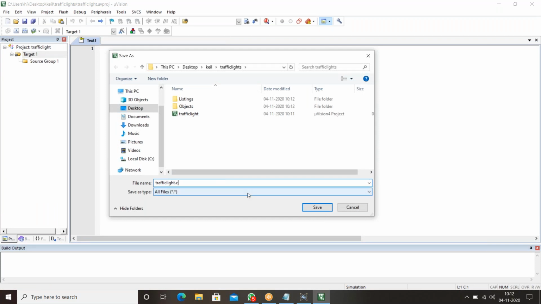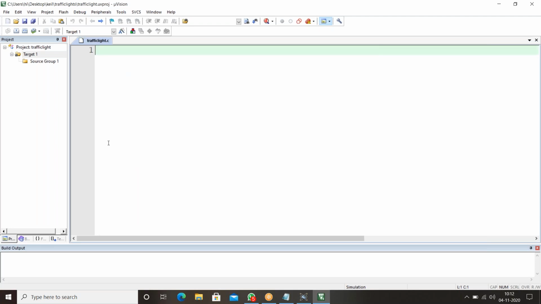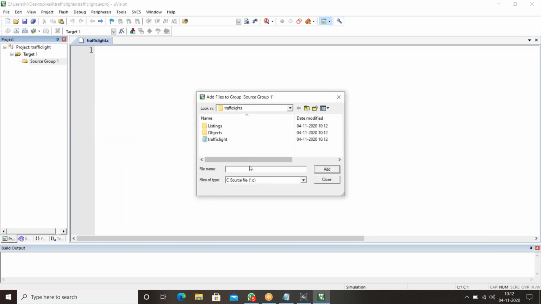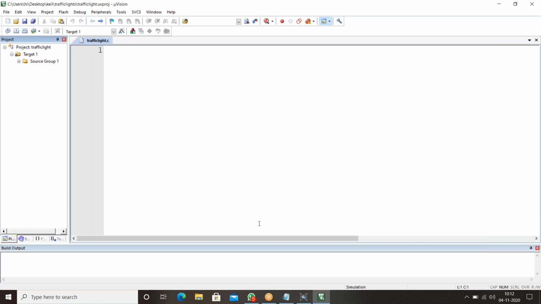Add the file to the source group, add it and close. Fine. Now we'll write the code.